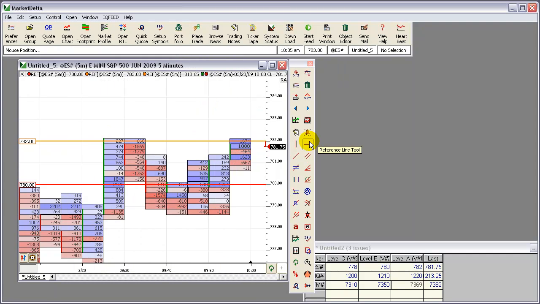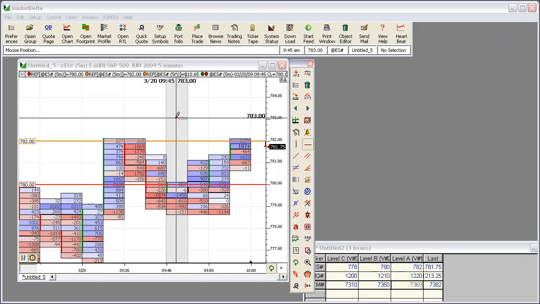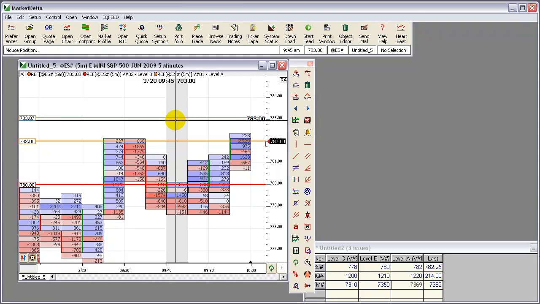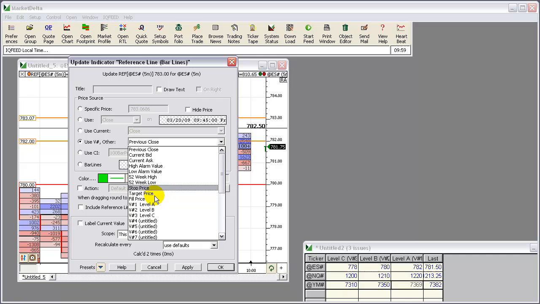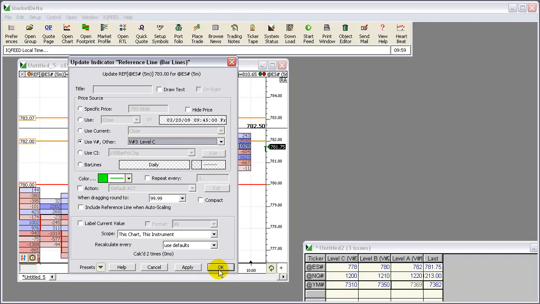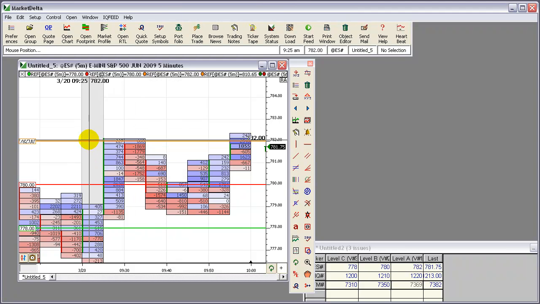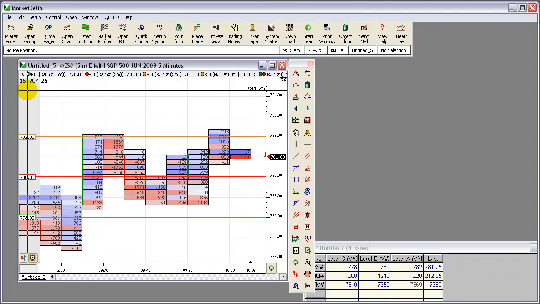And we may as well add the last one. So you'd have to repeat this process for each symbol or each chart